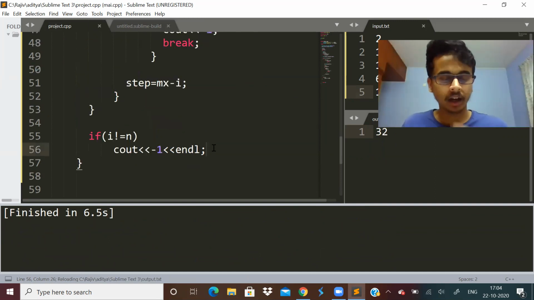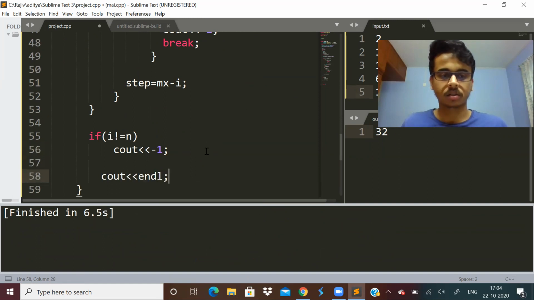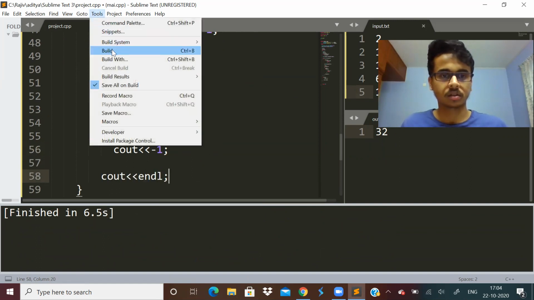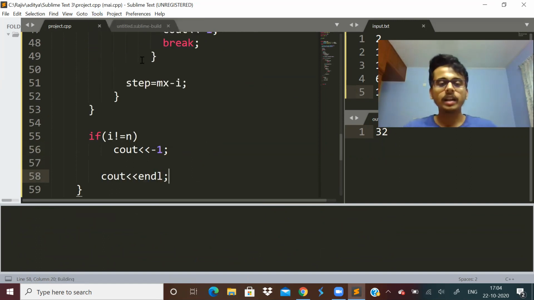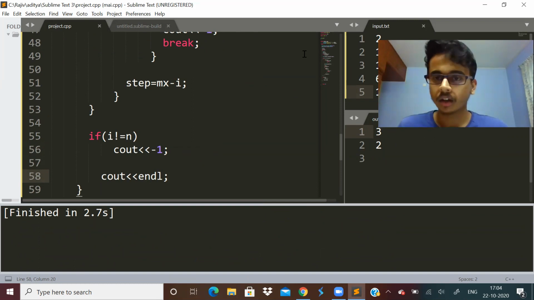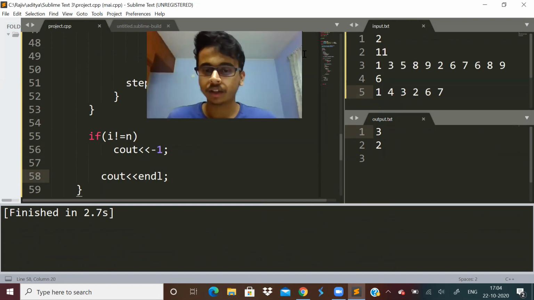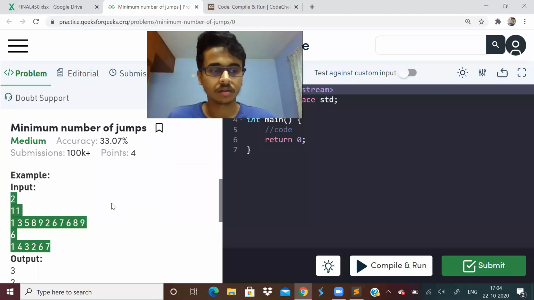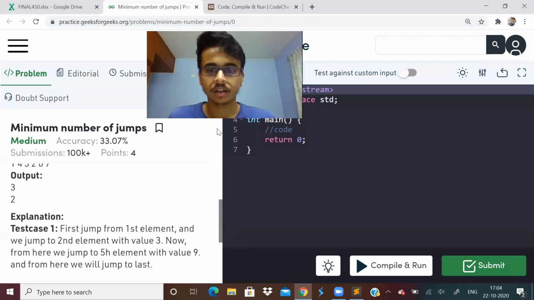So I should give end of line either way. If you get a linker error, you have to build a new system and save it in Sublime Text. So we are getting the correct output 3 and 2, which is what is here.